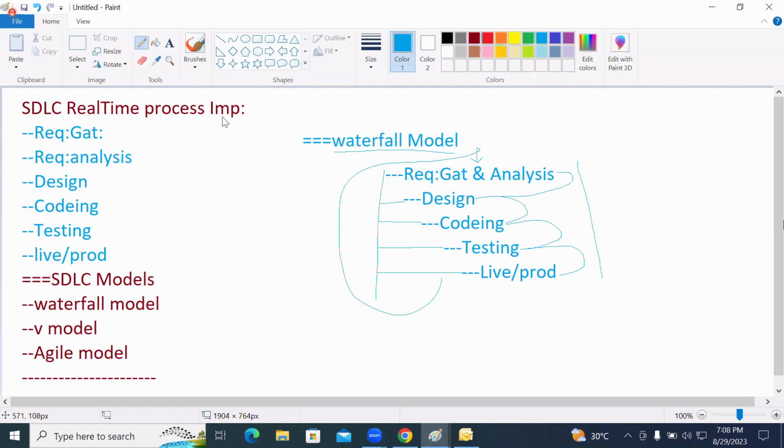Whatever drawbacks we have in the waterfall model, we overcome in the V model. So we need to understand what the V model is, what its drawbacks and advantages are, and after that we'll take care of the agile model. Once we complete